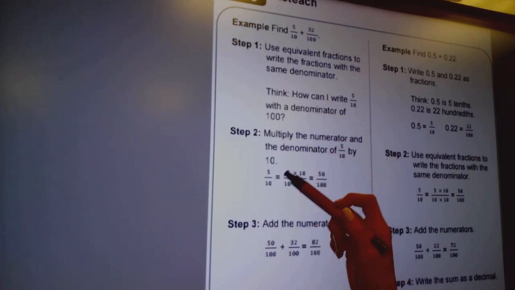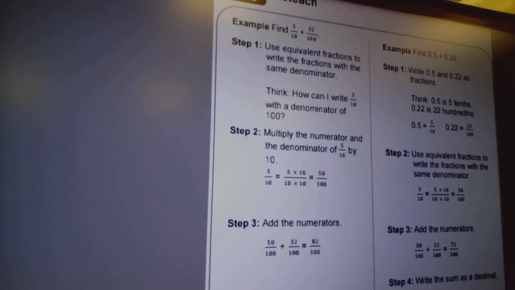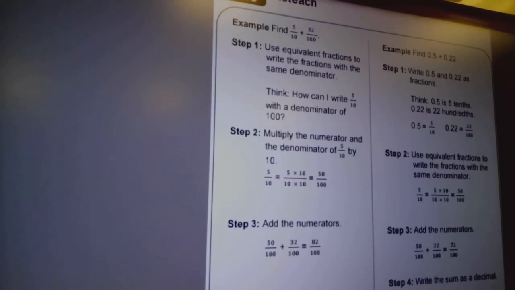Now, if we look at our example here, it says we're going to use equivalent fractions to write the fractions with the same denominator so that we can add. Because remember, you cannot add fractions that have different denominators. The denominators have to be the same before you can add them. All right, so in the example they have 5/10